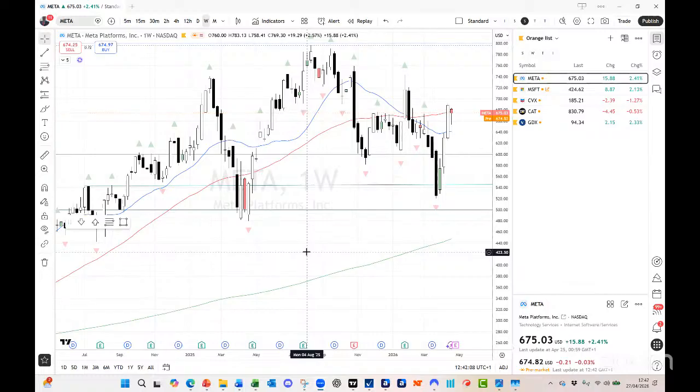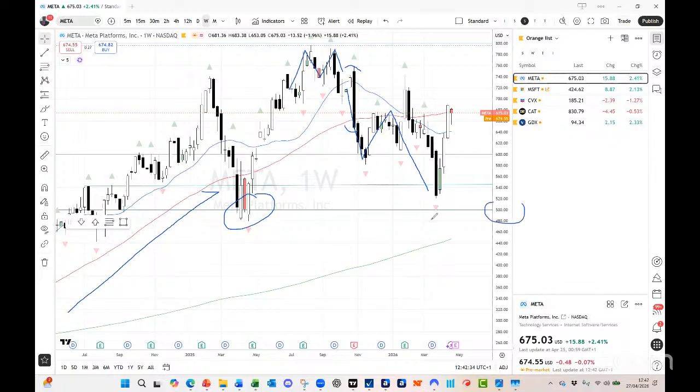So first one, Meta, Facebook, call it what you will. As I said, they've got their earnings on Wednesday afternoon, and the recent price action has been pretty interesting. We looked at this a few months back when, having been in this fantastic weekly trend, we hit a really lovely double top, followed by what I'd call a ski jump as we dropped our way down. I thought we might get down to the $500 level that has acted as resistance and support before. But invariably what we saw is that risk-on move that we've seen throughout April, and price rallied its way up.